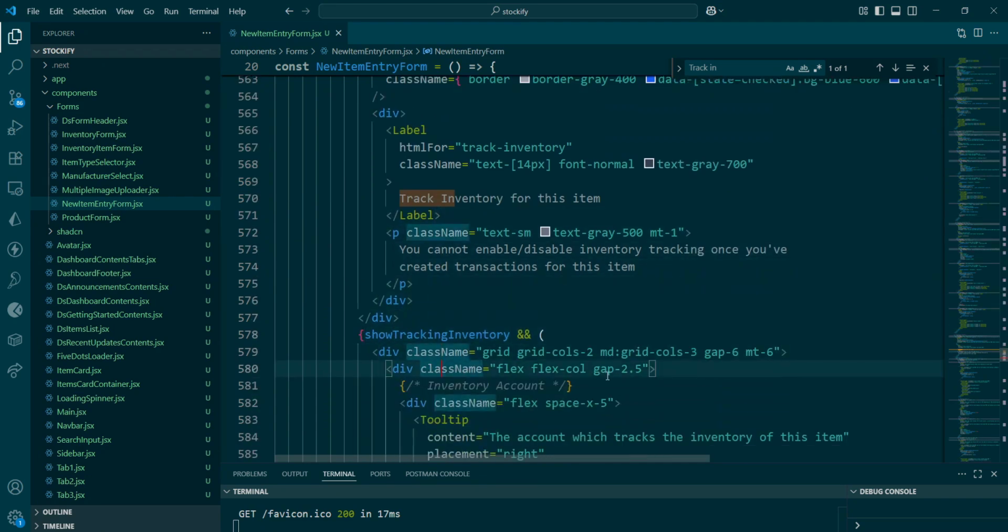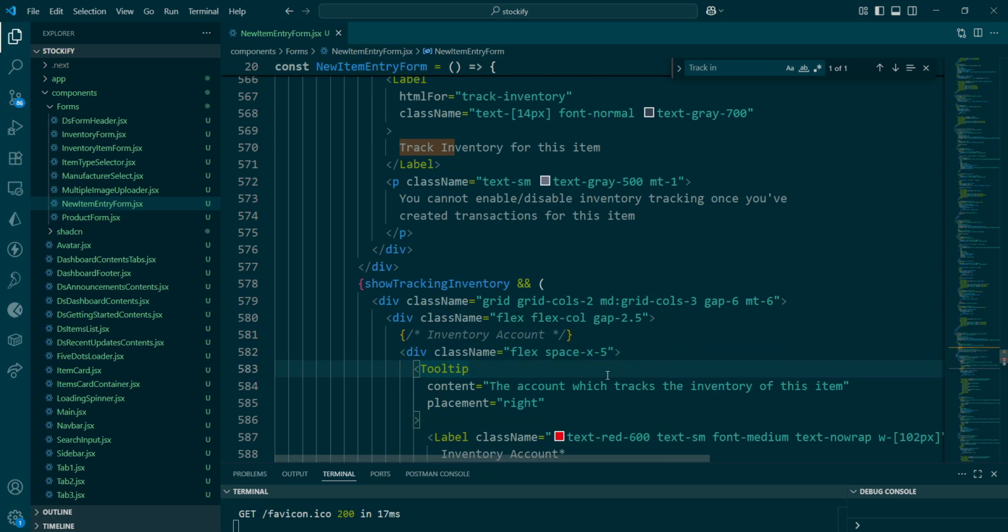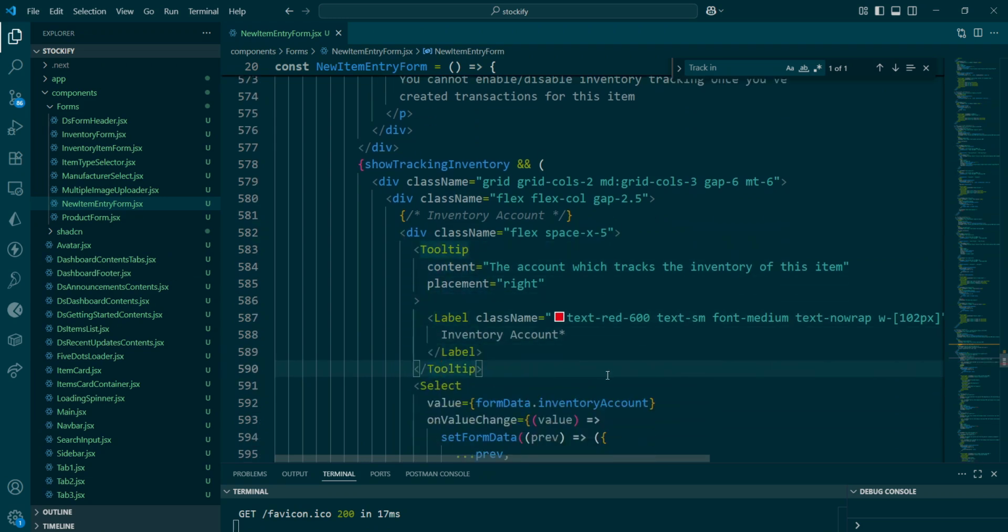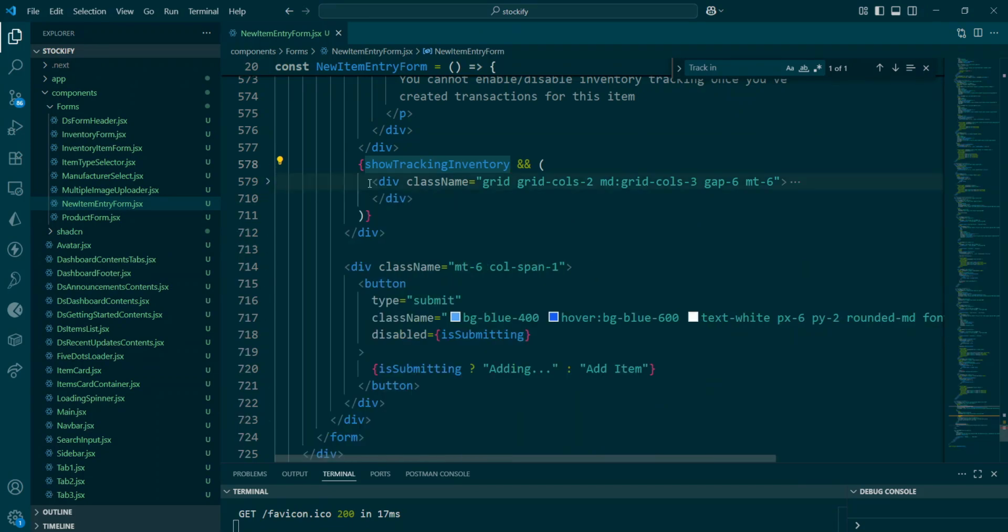So it toggles between showing the input for tracking or not, depending on what is selected. Okay, so once that is done, we are then using our show tracking inventory that was declared, and we set the state to be false, originally up there like you saw. Then if it is false, this part of the form is not going to be shown or rendered to the user. Otherwise, if it is true, then